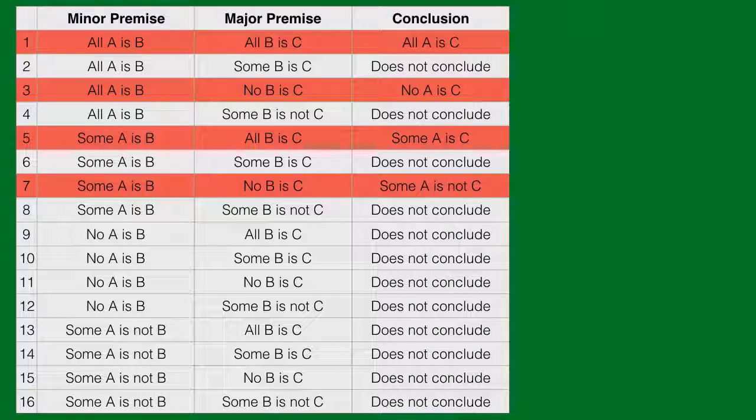The other modes do not conclude. What it means for them not to conclude is that from their mere form, you cannot get any conclusion. From their mere form, you will have certain particular subjects and predicates that will give one conclusion, other particular subjects and predicates that will give another conclusion, and other particular subjects and predicates that might not give any conclusion. So the rest of the modes do not formally conclude.